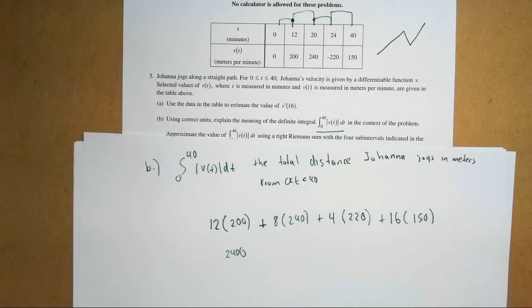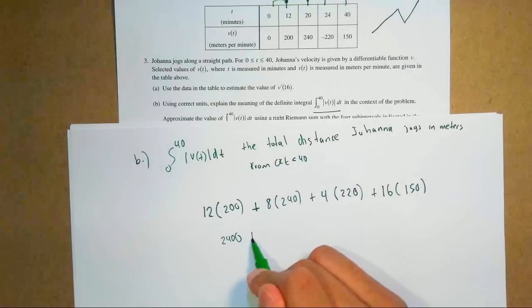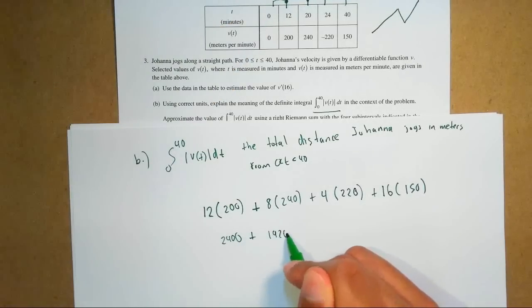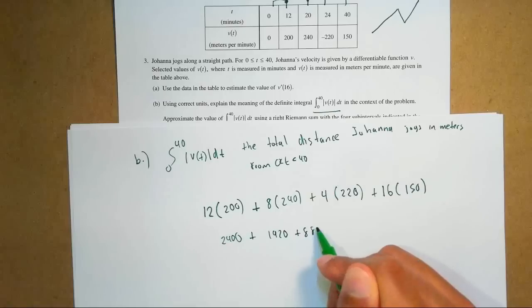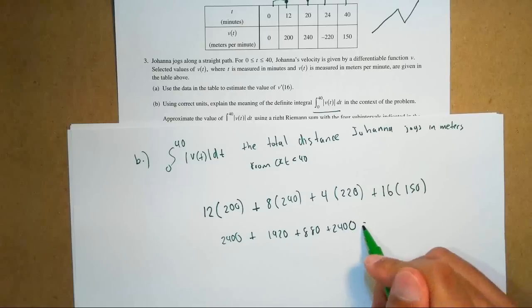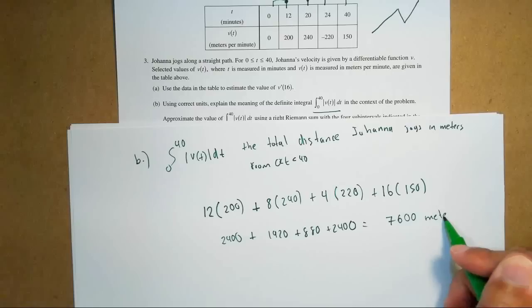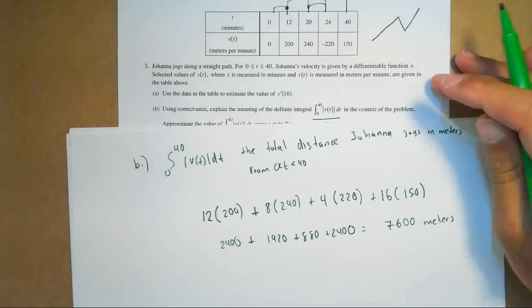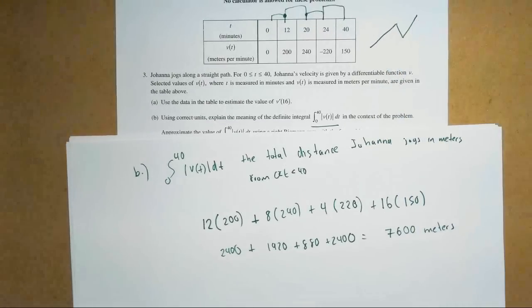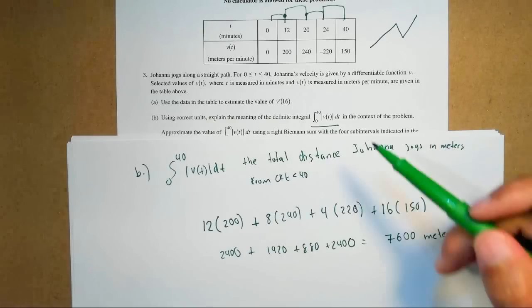2400, let me move this up a little bit, plus 1920, plus 880, plus 2400, and this all equals 7600 meters. And that right there represents the distance that Joanna jogged between 0 and 40 of total distance, using a right Riemann sum. Remember, anytime they ask you for a right Riemann sum, just draw the rectangles and use